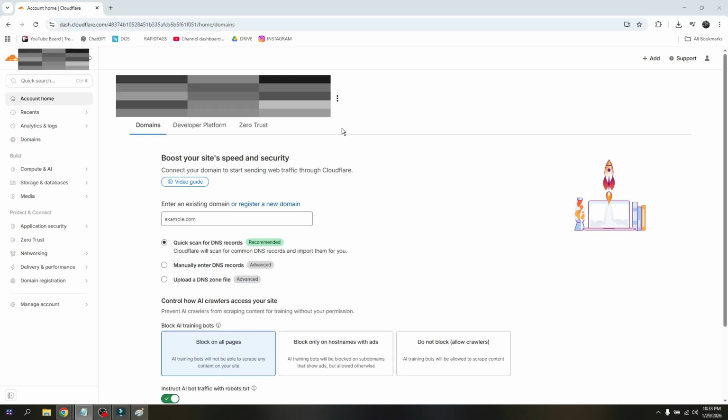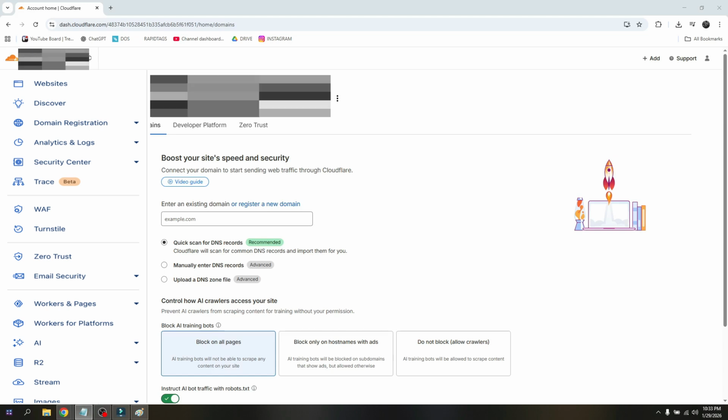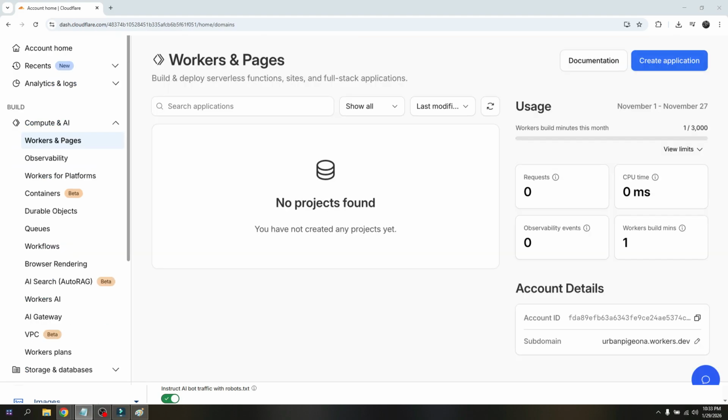First is open up your Cloudflare account, which is going to be here. Make sure that you're currently on your dashboard and you're already logged in into your account. Now to the left side, you should be able to see these options right here. We just need to hover your mouse into workers and pages, and then just simply click on workers and pages